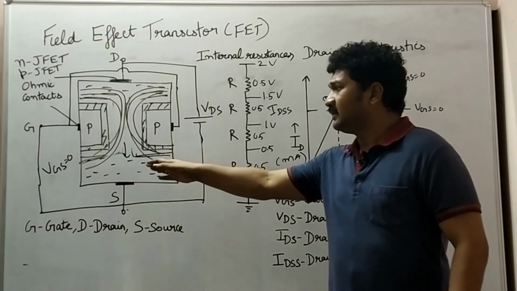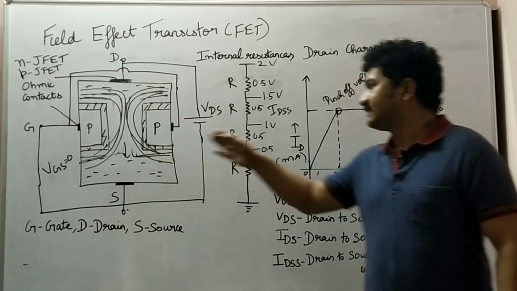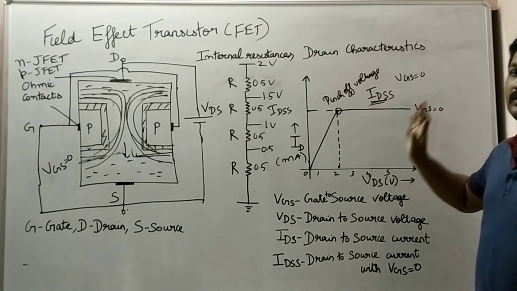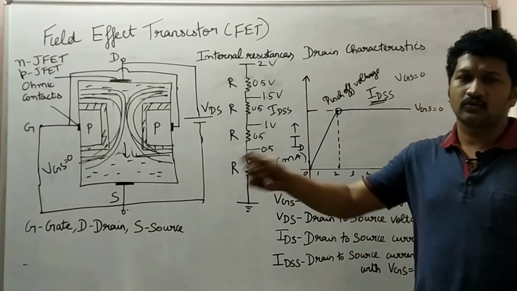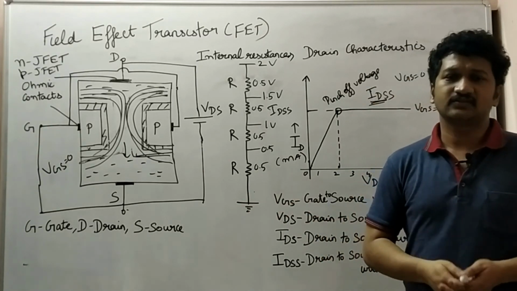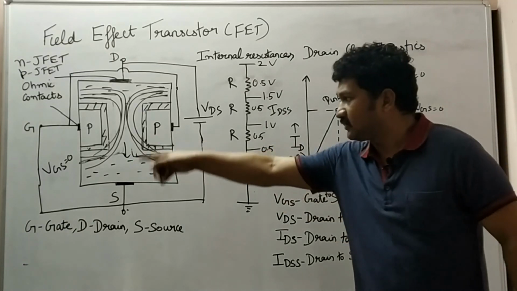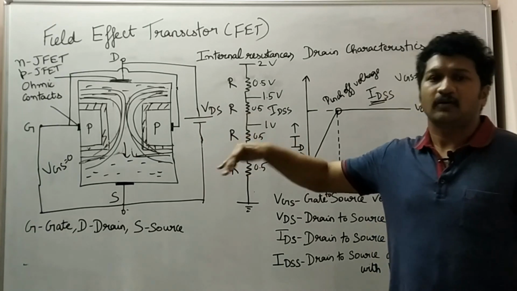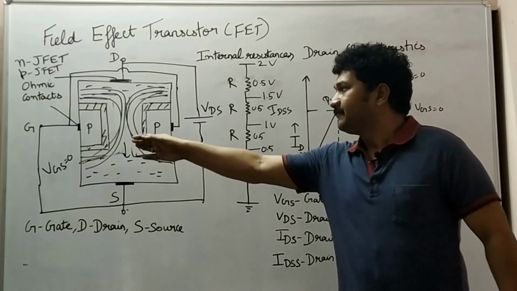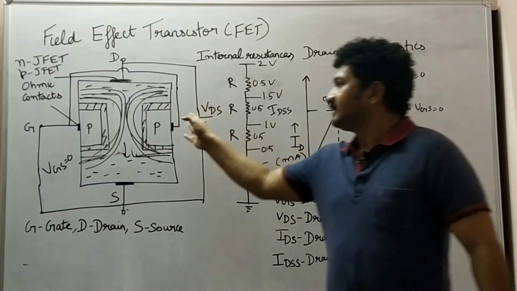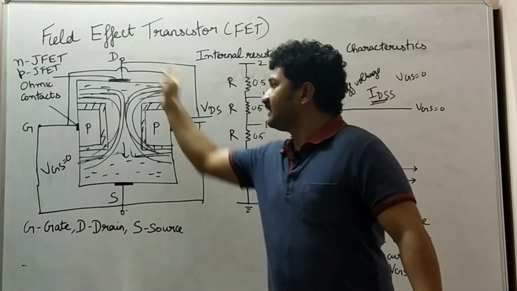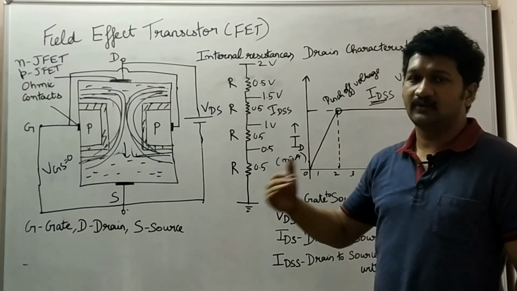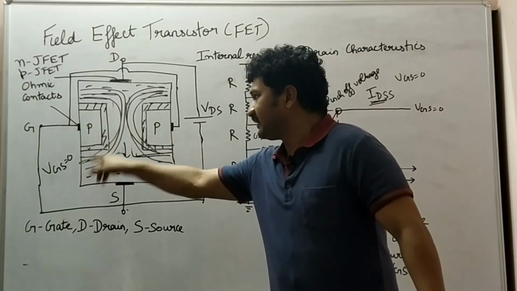So this is the concept of where we can get the drain current maximum when VGS is equal to 0. Further influence of gate to source voltage we will see in the upcoming lecture, so that you will better understand what the gate to source voltage does here. When you apply negative voltage, what happens? When you apply positive voltage, what is the influence on both P layers? Because gate is internally connected, these P layers are connected to the gate. So we will understand the influence of the gate to source voltage on the P layer.